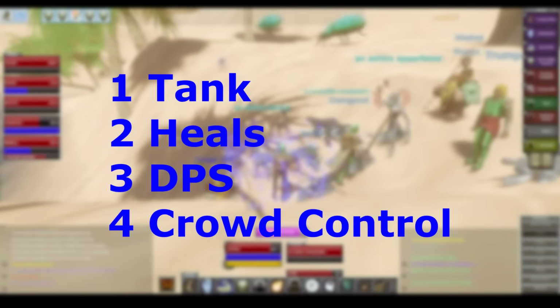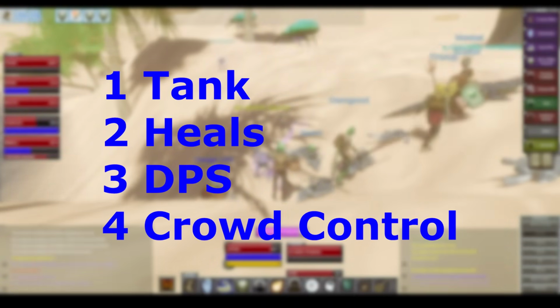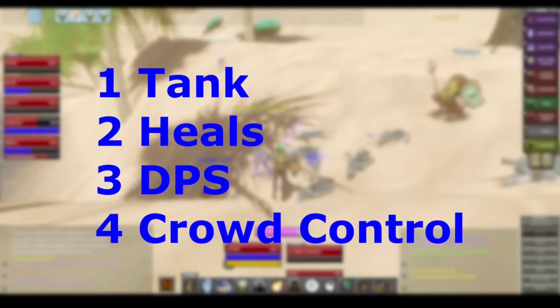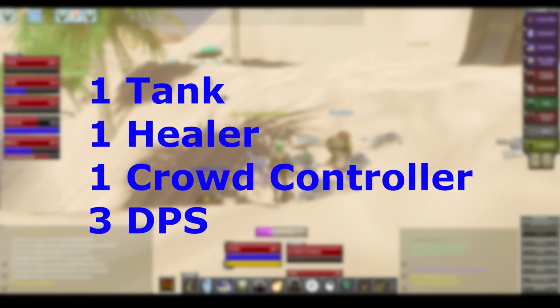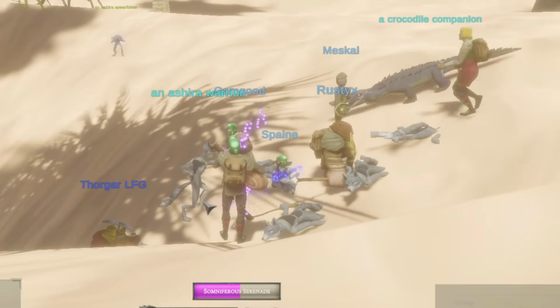Tanks hold the mob's attention and take all the hits. Healers heal people. DPS deal damage. And crowd controllers, they incapacitate the extra mobs attacking the group. Groups can have 6 players in them, so an ideal group is a tank, heals, crowd control, and 3 DPS. I'm going to put up slides so you can pause if you want more detail, but I'm going to run